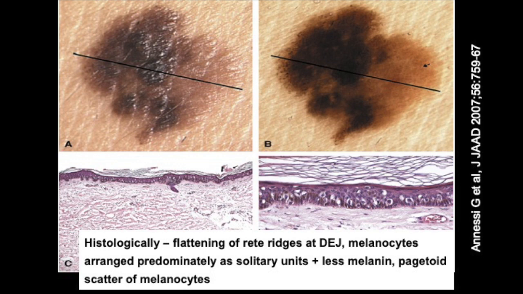And so think about this area of a network, right? So you have a network, and when you look down, you see the network pattern, right? And there's pigment, so it's brown lines creating